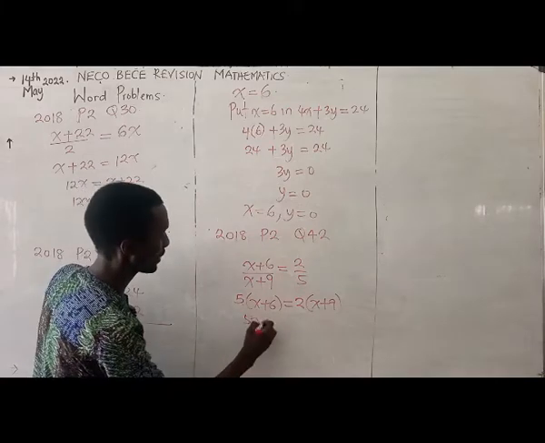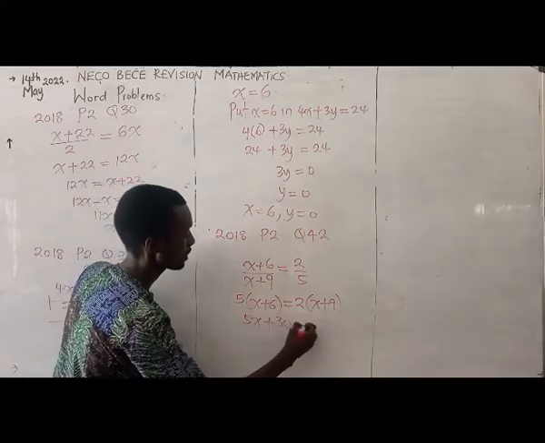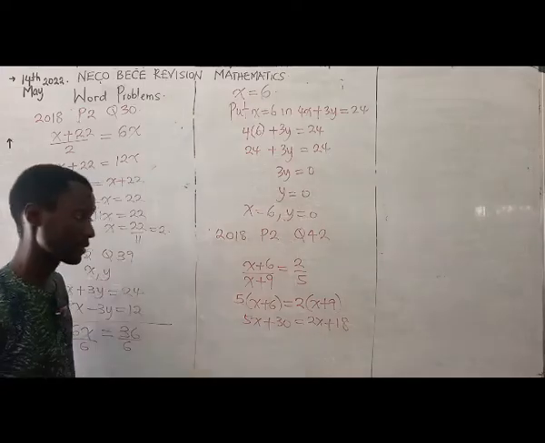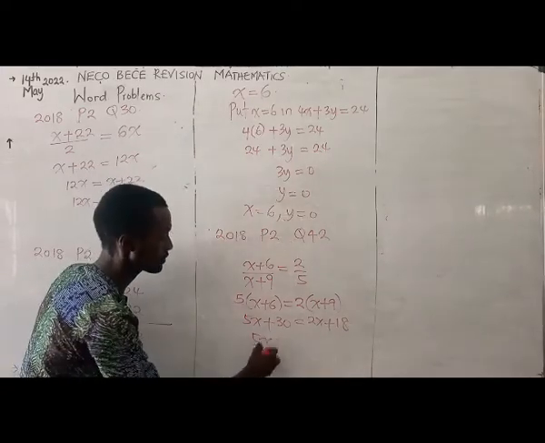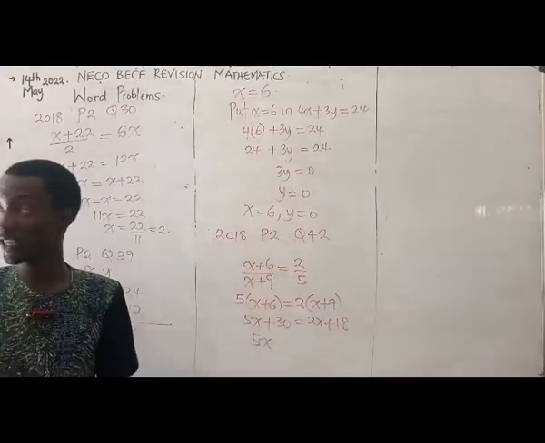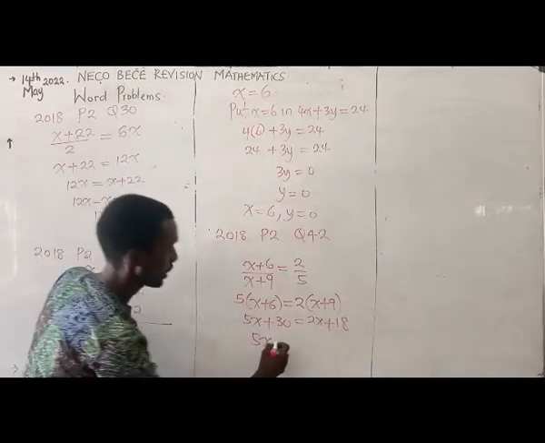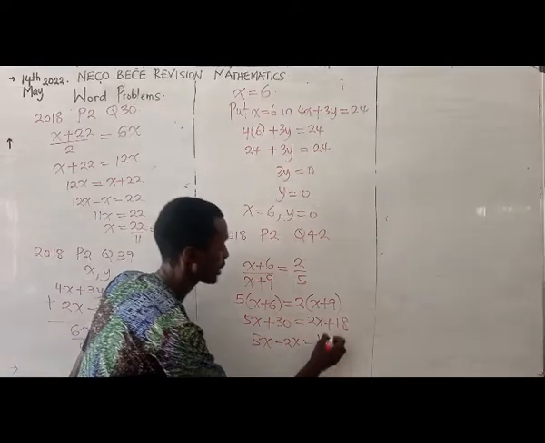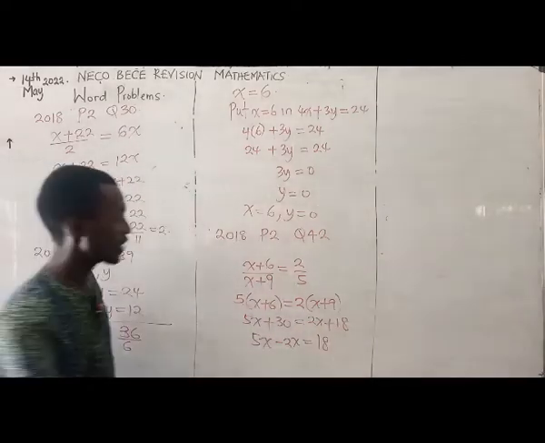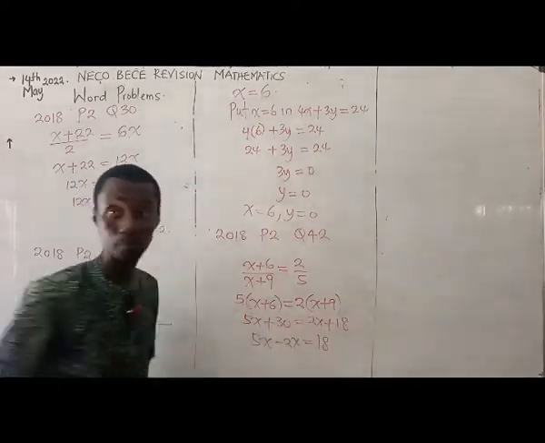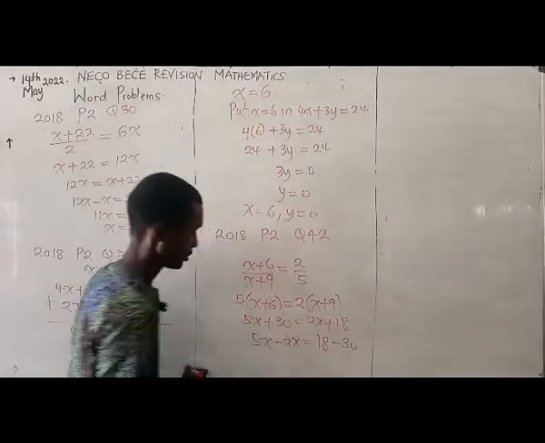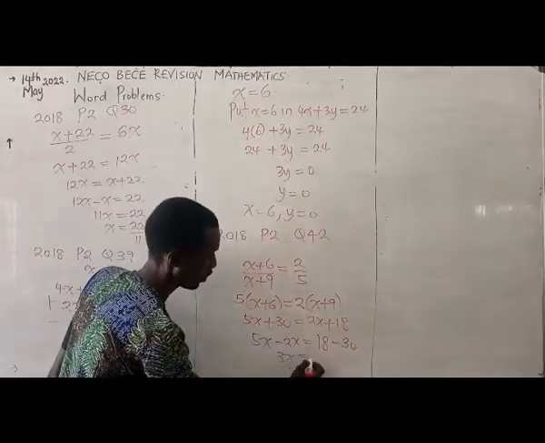So this will be 5x plus 30 equal to 2x plus what? 18. So what do we do next? This will be 5x. This man crosses from this village by our concept of antonym. And this will be 2x equal to, this is the man occupying this territory, 18. And we have yet another person who needs to come over. By our concept of antonym, it becomes negative. So this will be what? 3x equal to